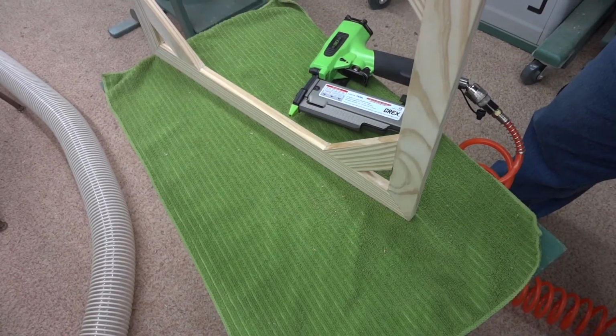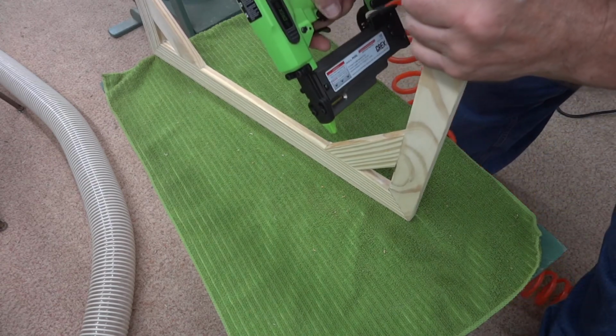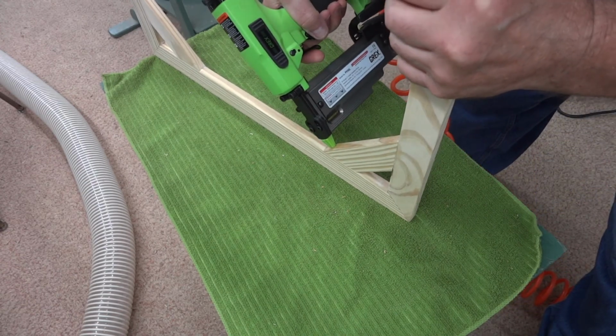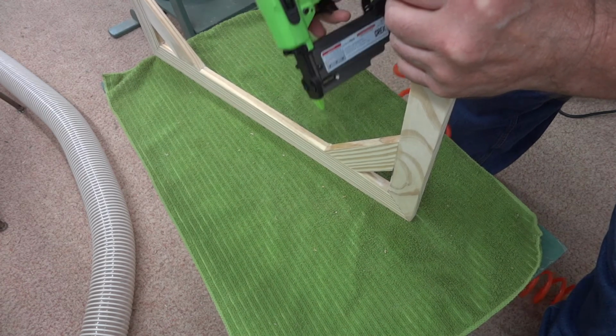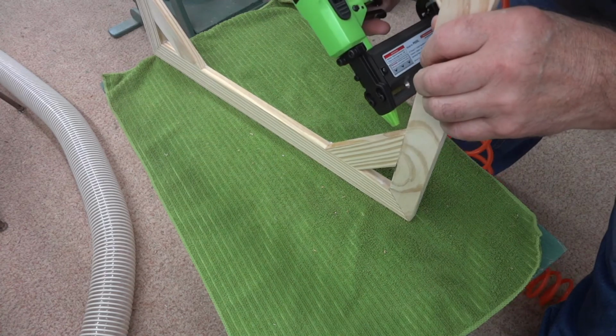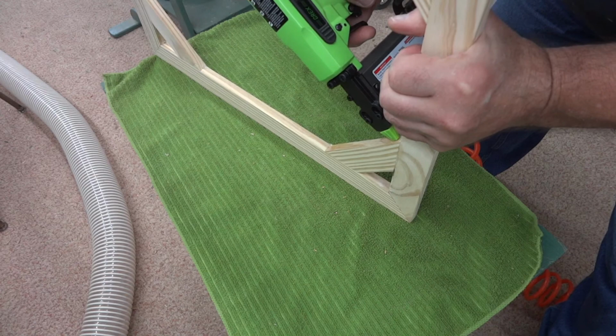So okay, the corners are nicely reinforced with those splines. If the joints break there, it's not going to fall apart. But what about those little gussets? They're just glued in place. Well, I got this neat little tool from Canadian Woodworker. Watch this. Now I know that I've described this tool in one of my earlier workshop videos, but anyway, this